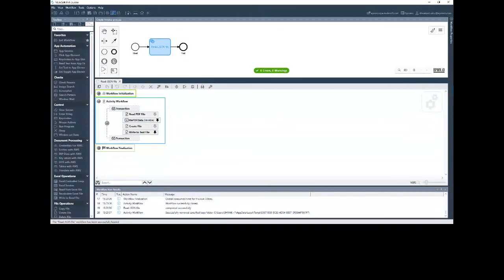We can do the integration with Java also. Why MuleSoft? Why another product? It's the same thing. If you want to do it with Java, you will have to write a lot of things. The same thing exists here. If you want to use OCR, you will have to include the libraries and write that code. So it's the same thing.